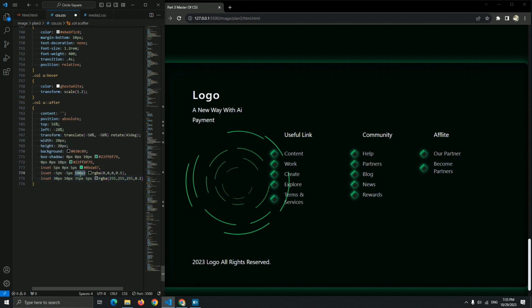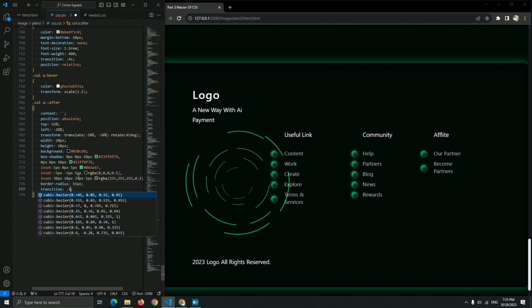Yes, 5 pixel. Okay, now for the last RGB, I think they'll be the same. No need to change it. Let me add a border radius to make it a circle. Let me just put 15 pixel. There we go. Now it's a circle. And let me add a transition for the hover, ease in 1 second.